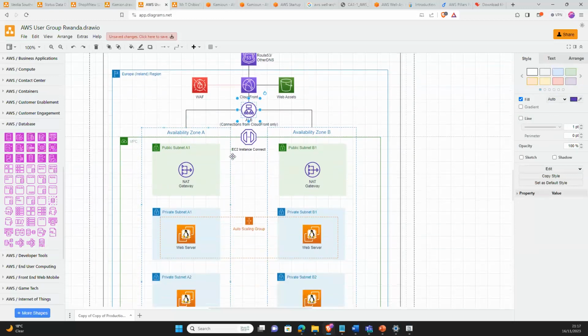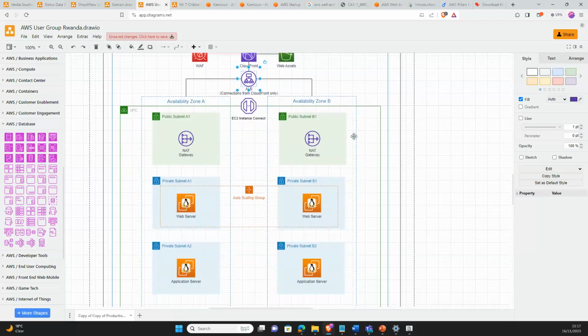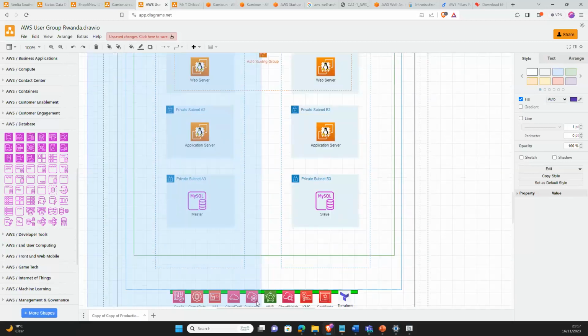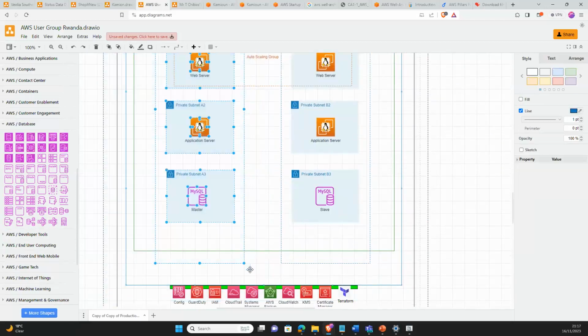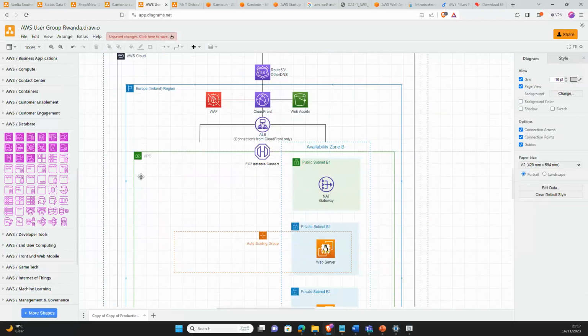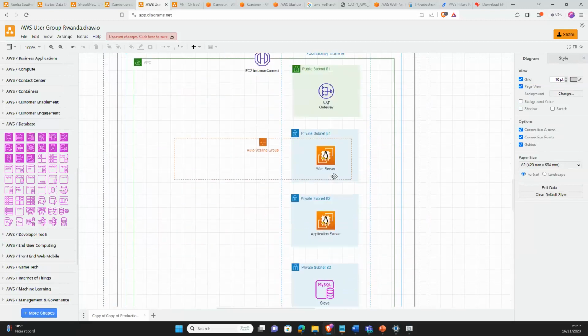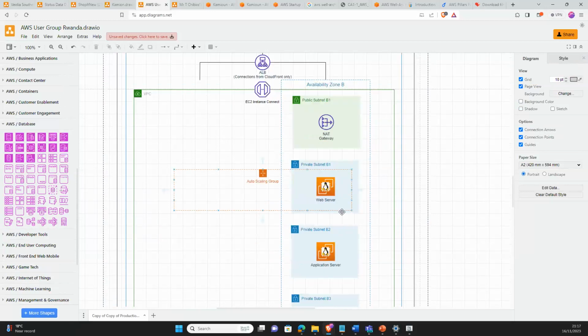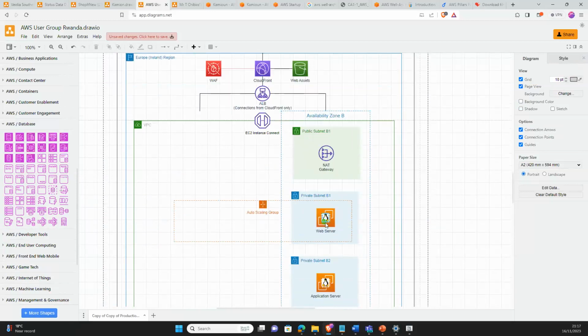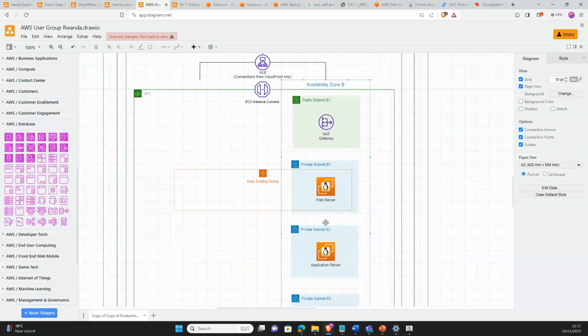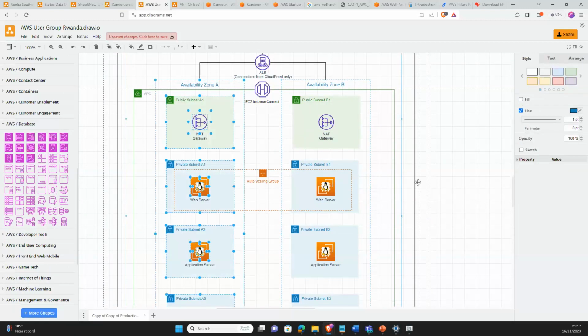Then, I was mentioning the two availability zones for high availability. We have availability zone A, availability zone B. Now, for instance, this availability zone here goes down. Let's say the zone is down. We still have availability zone B to host our application, and through the application load balancer we are still able to access it. Okay, so that is high availability in place.